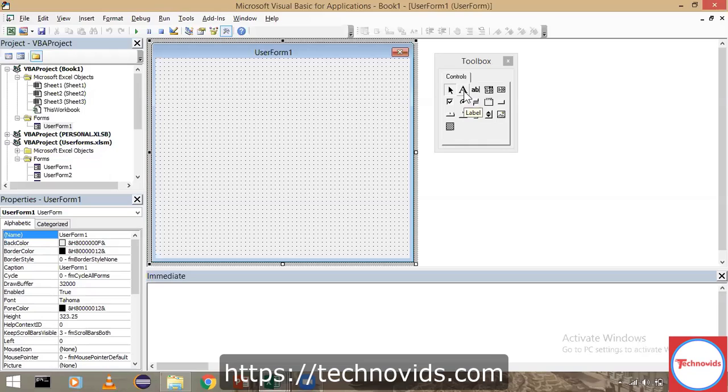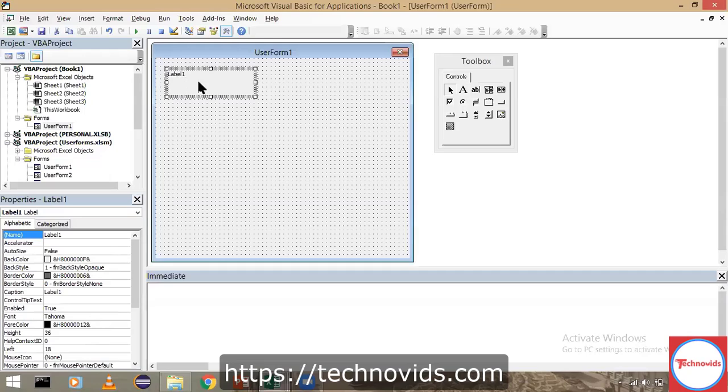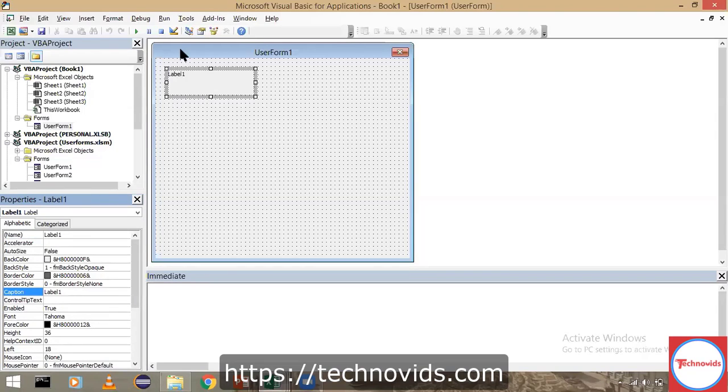First, I will take the label. So let's take this and go into the user form and drag it over there, just like that. And you see there, it says label one, and I want to change the name of that label. Now, if you come to the properties, this is where the properties window is very useful. You can start changing the properties of these labels and all the buttons which you are going to create now. So I go here. This name refers to the code name, which we use inside the code. And there's something called caption. Caption refers to the display name, what you want to display here.